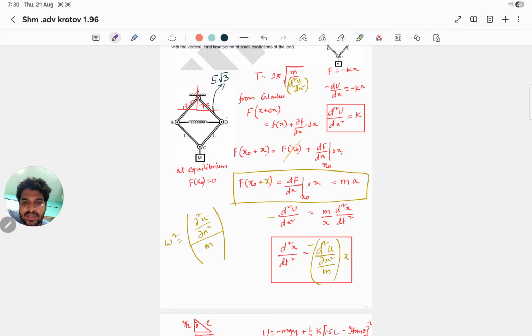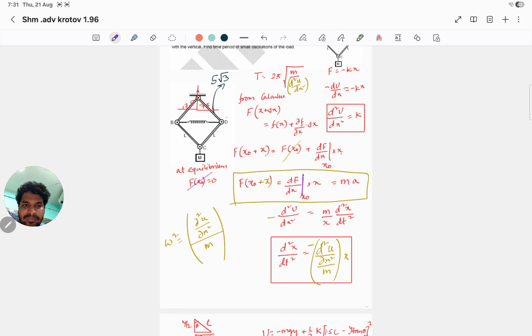So from there, at equilibrium the net force is 0, f(x₀) is 0, so f(x₀ + Δx) is equal to ∂f/∂x at x₀ into x, which is equal to ma. Whenever there is a displacement of x from the equilibrium position, there will be an acceleration or a net force, that is m into a, and a is coming like ∂a/∂x at x₀ into x. Okay,